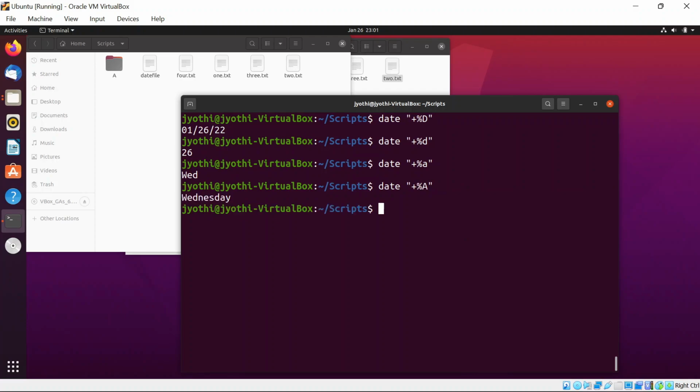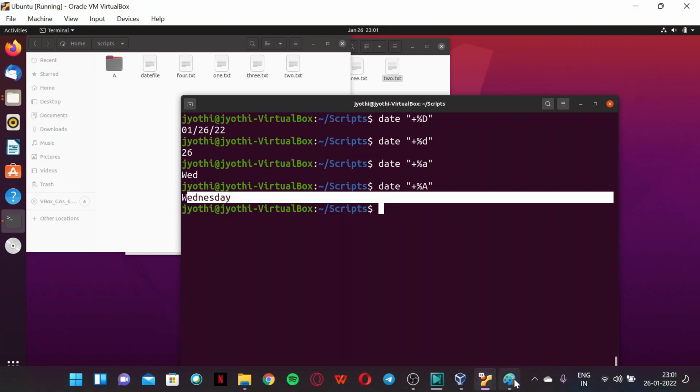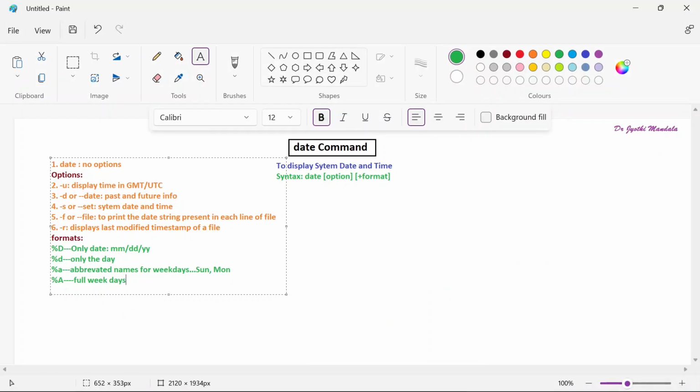See, Wednesday full name has been displayed. Got it? We'll see the next option, that is %h. Or we can go with %b also. Both mean the same. What is the use of this one is abbreviated month. To get abbreviated month,